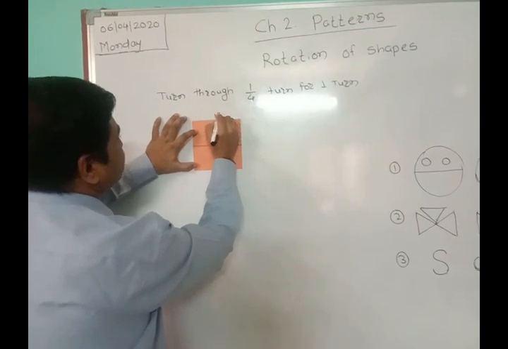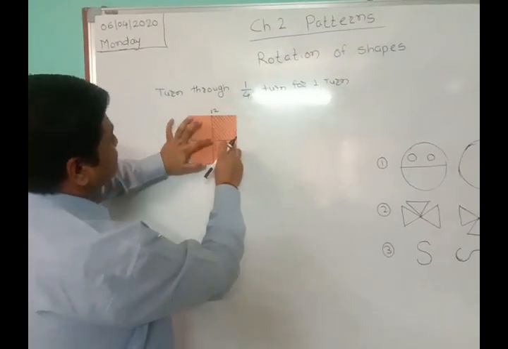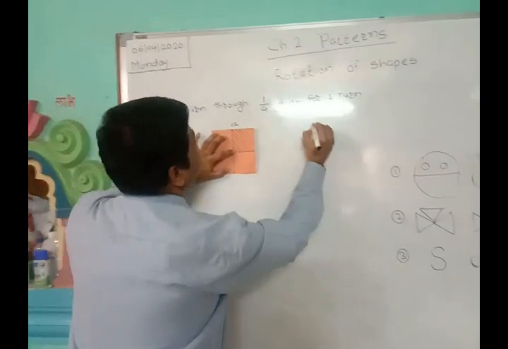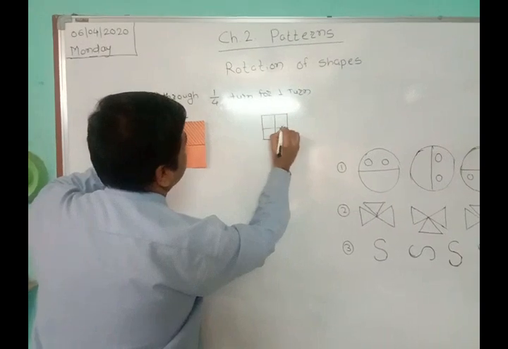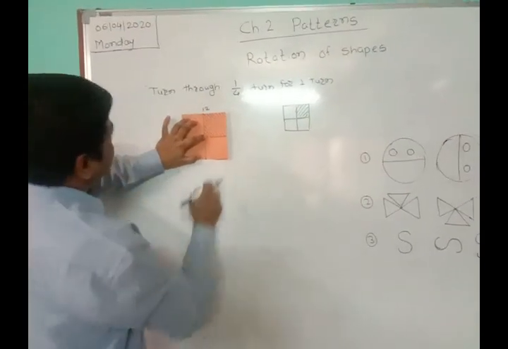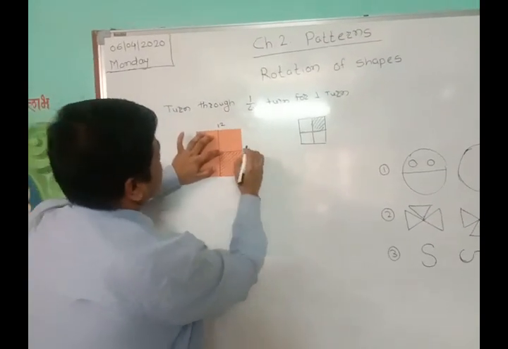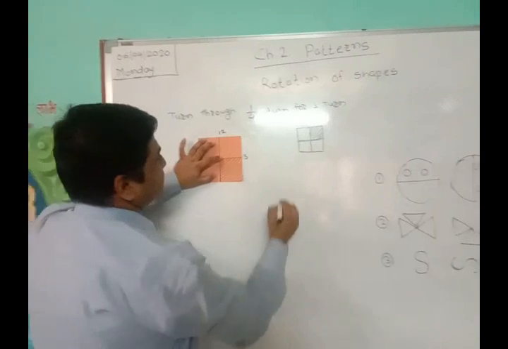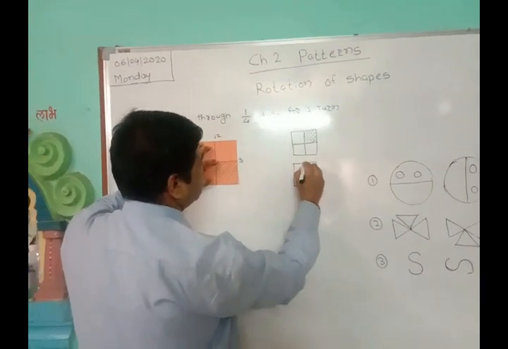So we will turn it from 12. It's said 1/4 of a turn, so 12 to 3. So first position in which we are having this square, this quadrant of square is colored. Now if I turn it from 12 to 3 in 1/4 of a turn, the next quadrant will be colored,